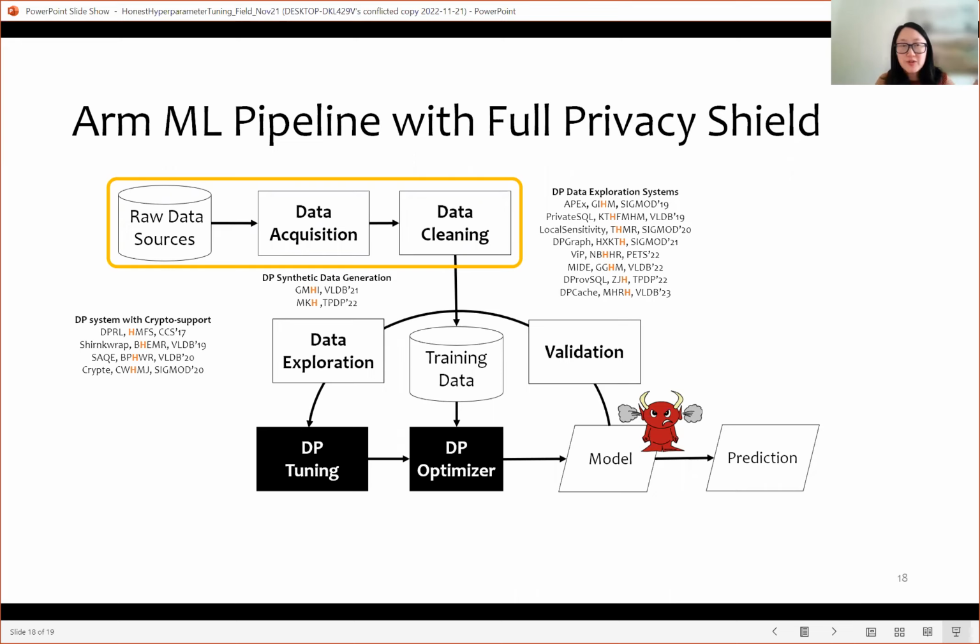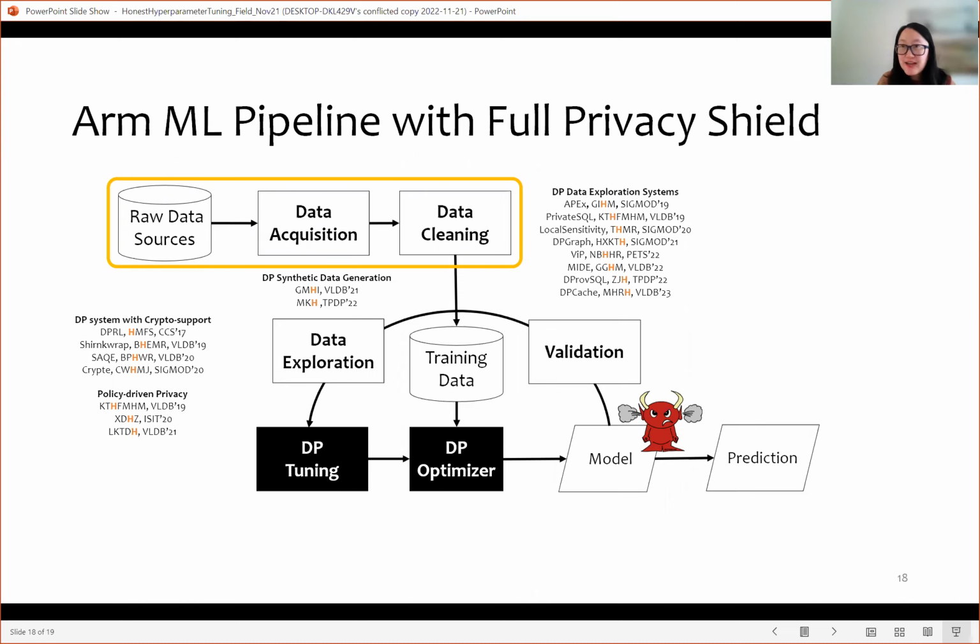And note that the raw source is not necessarily a single table, right? There are entities that are correlated with each other, and how do we come up with a more general privacy framework, other than or similar to differential privacy, to quantify the privacy loss over them. So this is a very important problem for us to consider the machine learning pipeline as a whole rather than each single individual step, and to try to ensure their privacy guarantee.